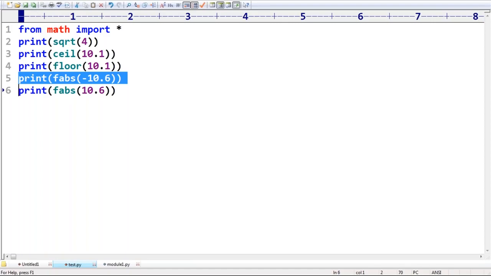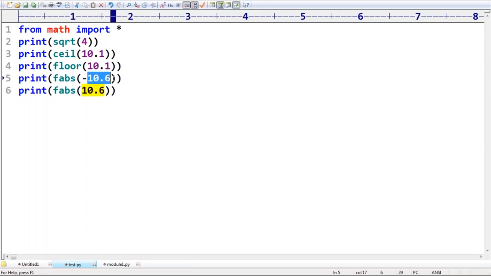Remember, the function name is absolute value. It is not the ceil function, not the round function, not the floor function. I'm just talking about absolute value. Absolute value means ignore the sign. Don't consider whether it is positive or negative.